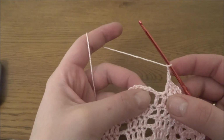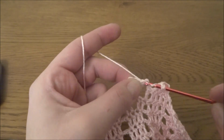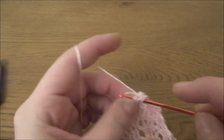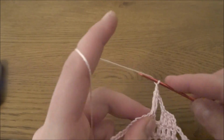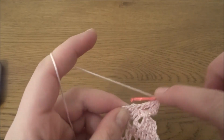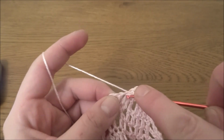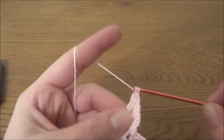We are going to the first treble crochet, and we need to make 2 treble crochets into the first stitch. So 1 and 2, chain of 1, and the same we need to repeat in each treble crochet. So 2 treble crochets in each stitch, and then chain 1. So 1 and 2, chain 1, 1 and 2, chain 1,